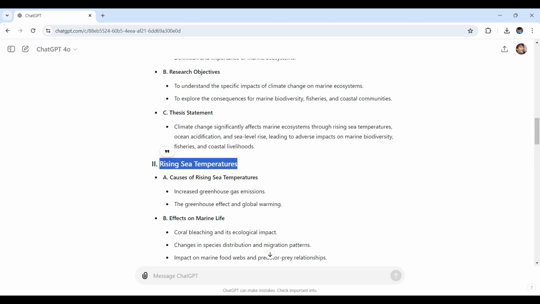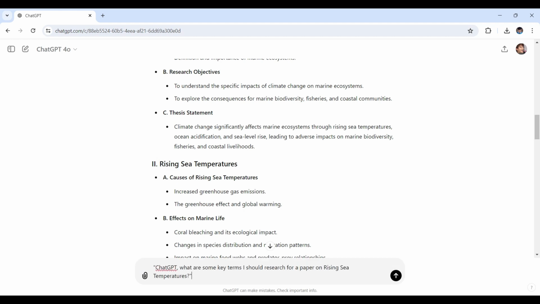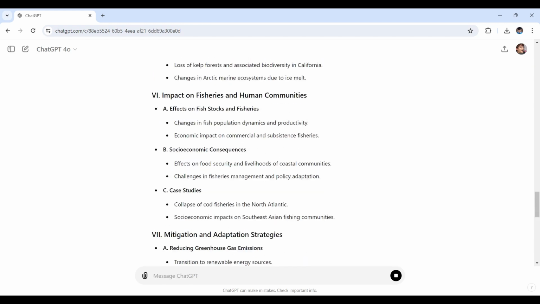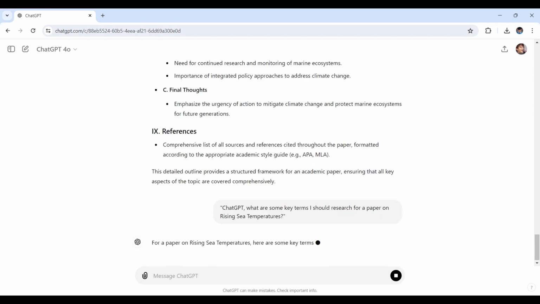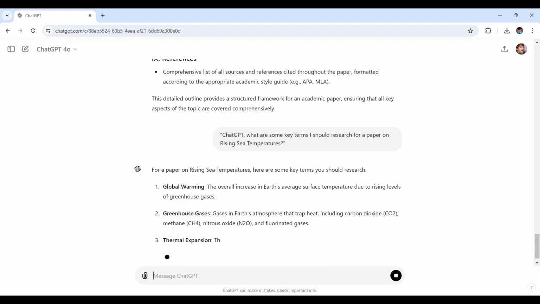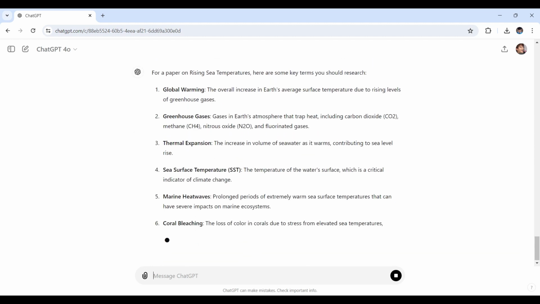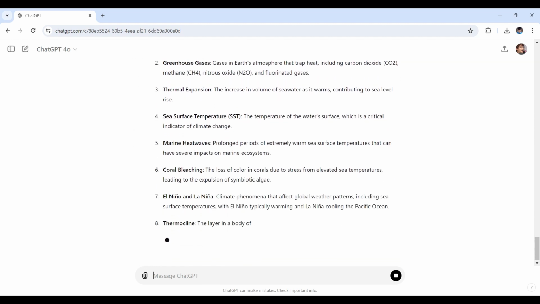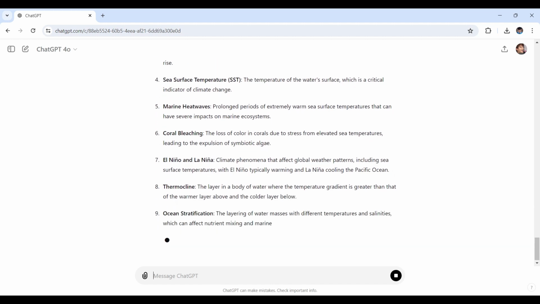Then I put together my prompt right here. I'm going to be putting in this input. So I'd say, ChatGPT, what are some key terms I should research for a paper on rising sea temperatures? Here we go. Now, let's see how ChatGPT would respond. So as you'll see right here, these keywords can help you find more specific and relevant research articles for your